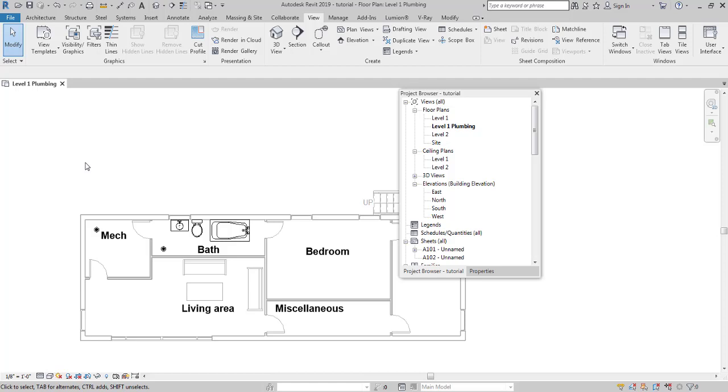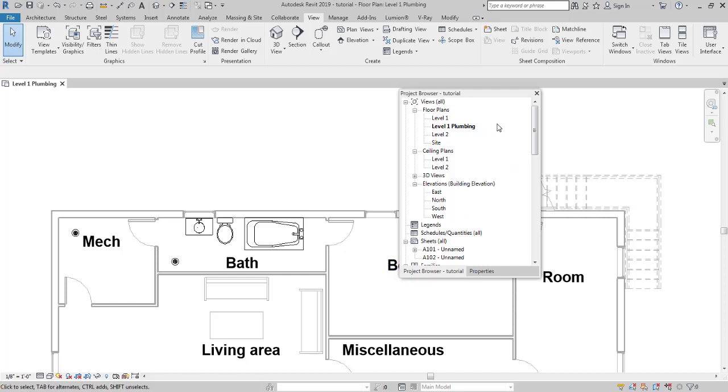So before I start laying out pipes and creating pipe systems, I would like to clear up a very important point. When it comes to plumbing, the three most important piping systems that are considered the basic part of plumbing are sanitary, cold water, and hot water. Sanitary pipes are used to remove the sewage, remove the waste from a building, and obviously cold water and hot water pipes are used to supply water throughout the building. So anyways, let's get started.